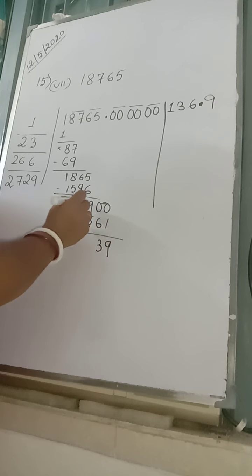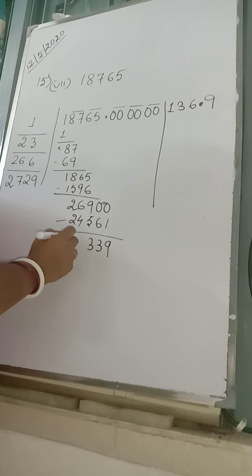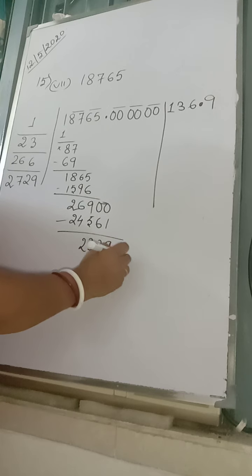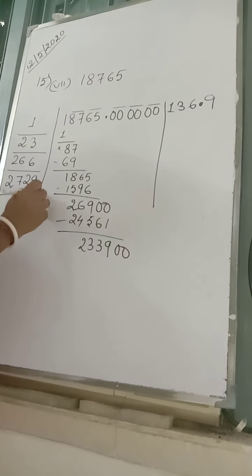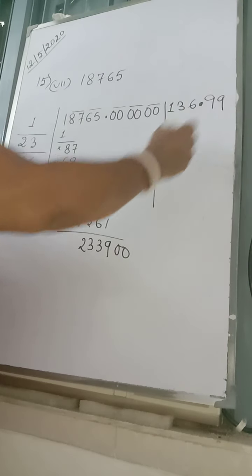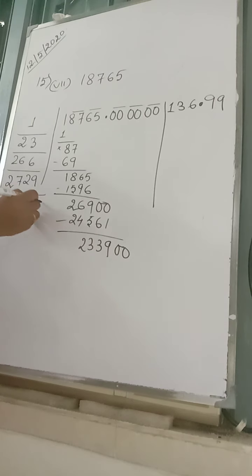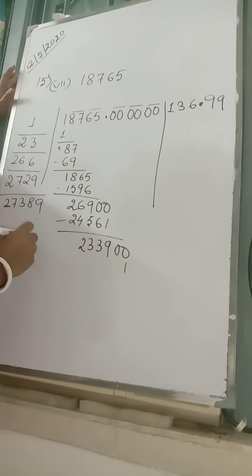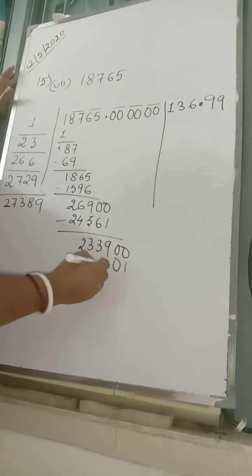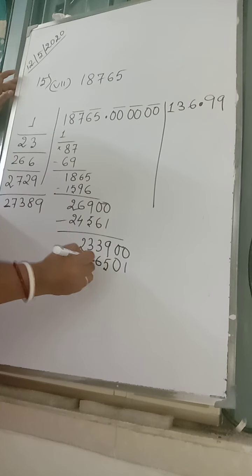9 minus 6 is 3. Here 8 minus 5 is 3. 6 minus 4 is 2. Another 20 will come down. Double, add it: 9 9 9 is 18. 2 7 3 8. Hide 3 digits, hide 4 digits. Once again it gives you 9. 9 9's are 81. 9 8's are 72 and 8 is 80. 9 3's are 27 and 8 is 35. 9 7's are 63 and 3 is 66. 9 2's are 18